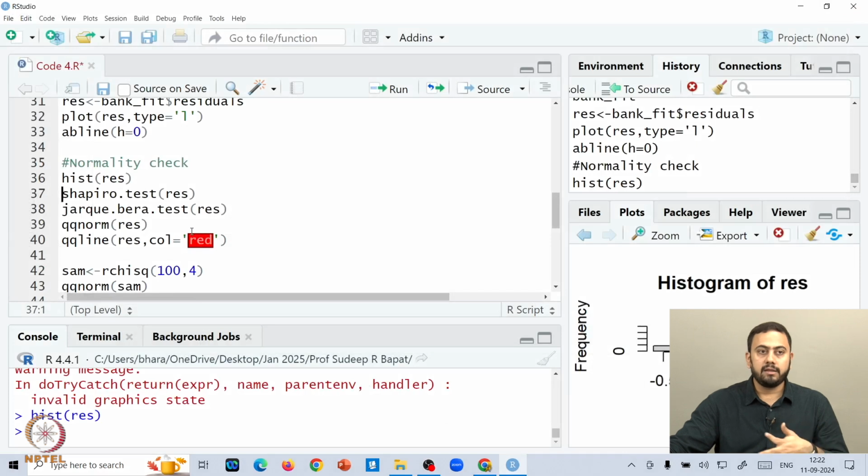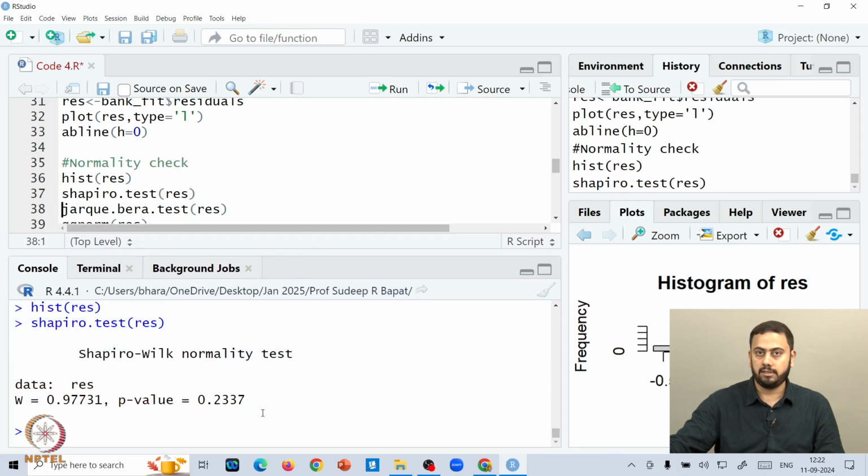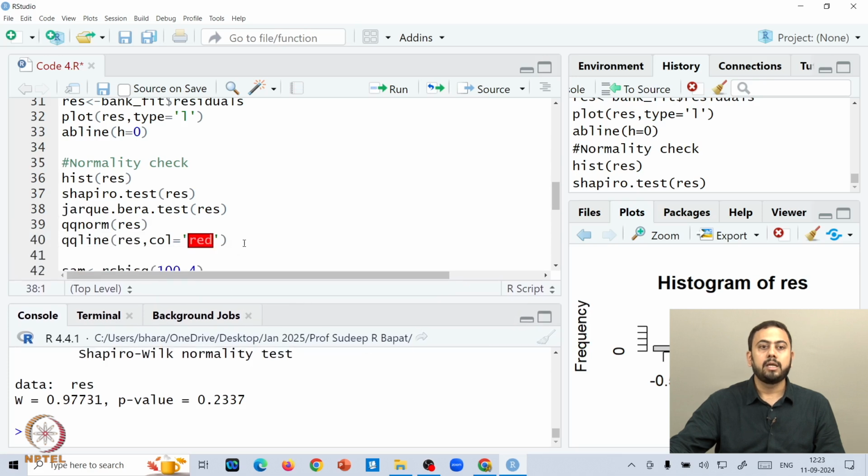Okay. But we will not only rely on the histogram. So, we can get hold of the Shapiro-Wilk test. In R you have a very simple command called shapiro.test, which you apply on the corresponding variable. In this case it is RES, the residuals. Okay. So, we will see what happens if you apply the Shapiro test, and here you are getting a p value which is 0.2337, which is bigger than alpha. Okay. Anytime we get a p value bigger than alpha, we fail to reject the null, and for Shapiro-Wilk the null hypothesis is that the distribution is normal. So, here we can safely conclude that the distribution is indeed normal.